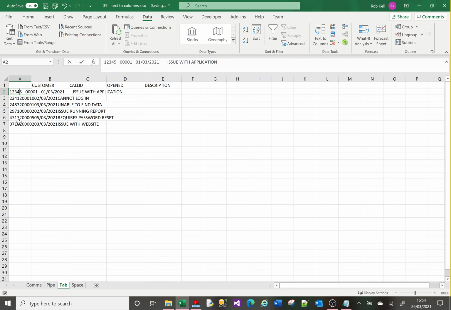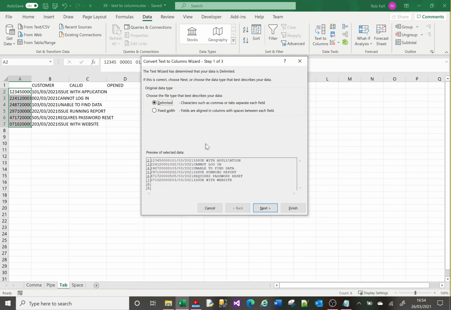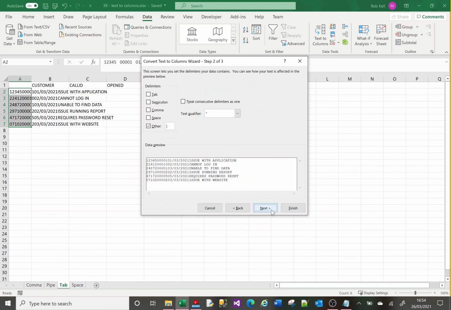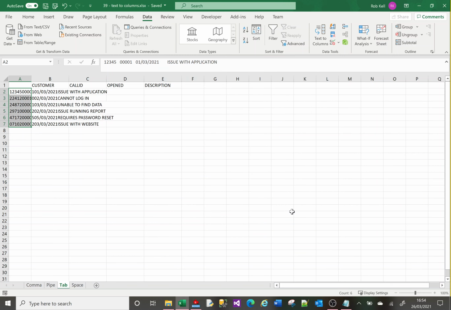So if I highlight my data fields that I want to format, I go text to columns, and I choose delimited again, and I say it's tab delimited, which is the initial option here. Now it looks all good there. That looks exactly as I want it. So if I click finish,